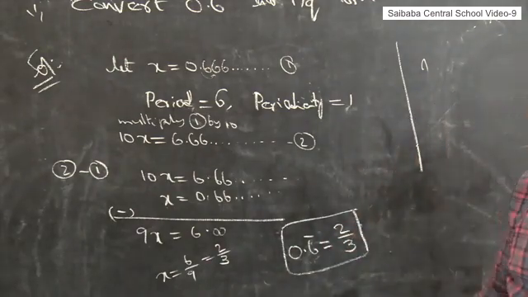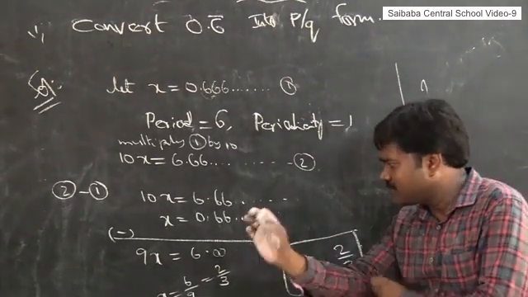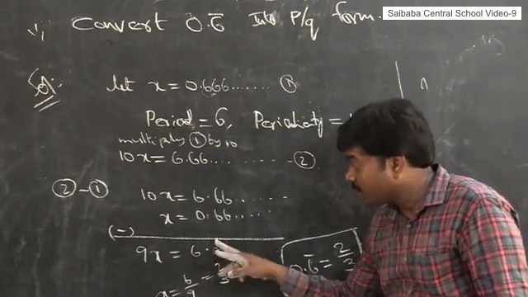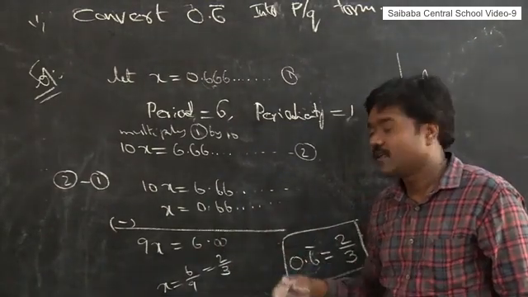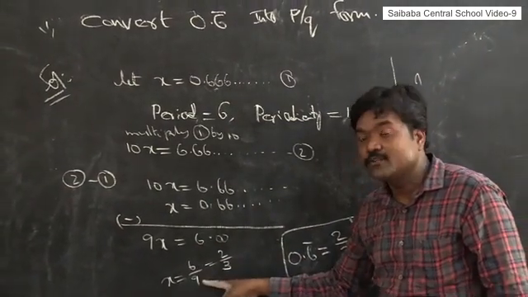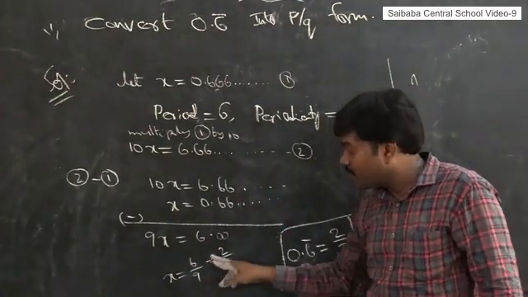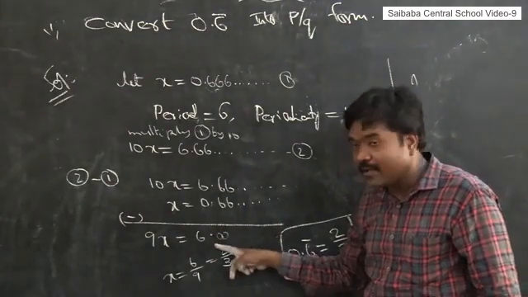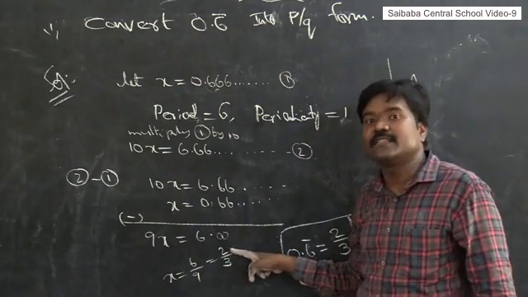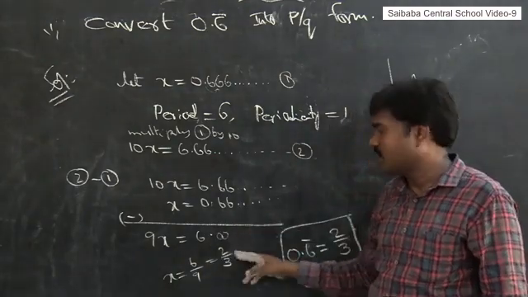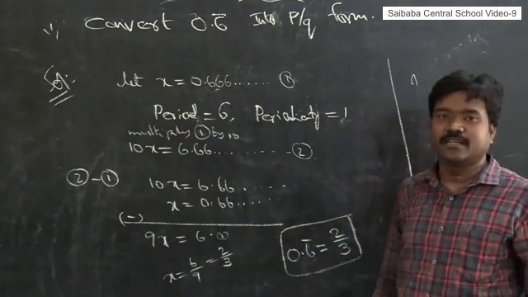This is the procedure for every problem like this. Sometimes you will observe digits like 6.23, and 6.23 by 9 there. Here, we should remove the decimal by multiplying with 100 or 10 and so on. In the final answer in P by Q form, don't write any decimals. If decimals are there, please change them by multiplying with multiples of 10 and removing that decimal.